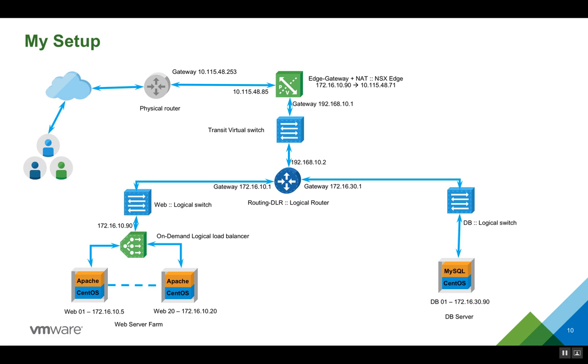So the load balancer that we have has an IP of 172.16.10.90. That's a fixed IP that I have chosen for this environment. You can have a dynamic IP as well. That is connected to this setup. On the left hand side, web is connected to the web logical switch, and my DB server is connected to the DB logical switch, and both of these switches are connected to a distributed logical router with the name routing-DLR. The gateways are 172.16.10.1 and 172.16.31. That router is connected to a logical transit virtual switch, which is a logical switch which is connected to